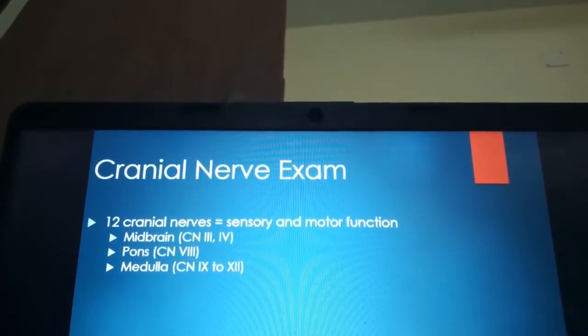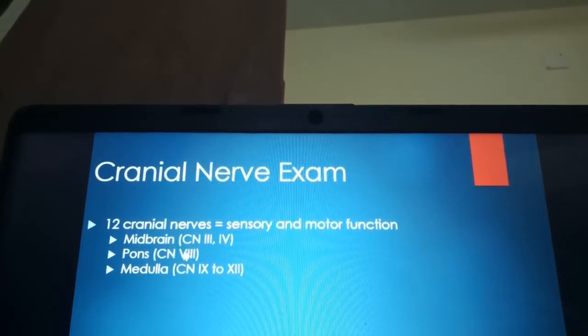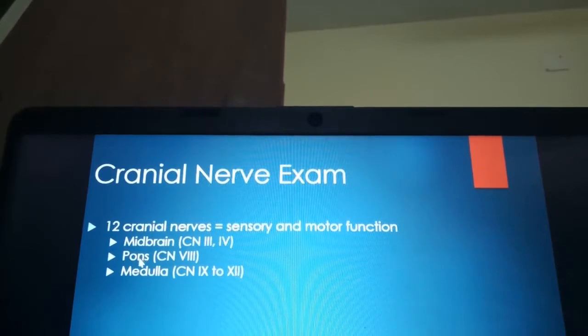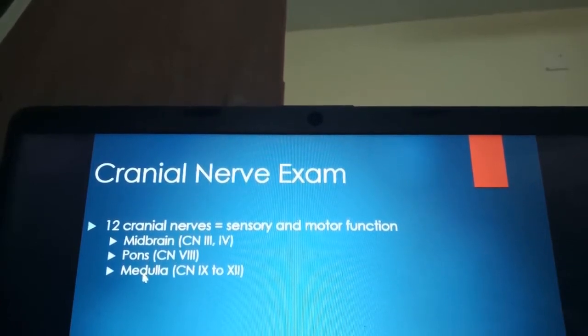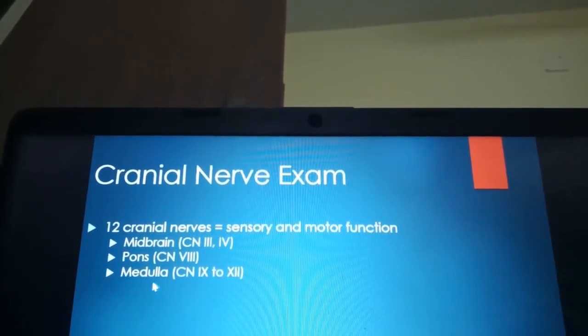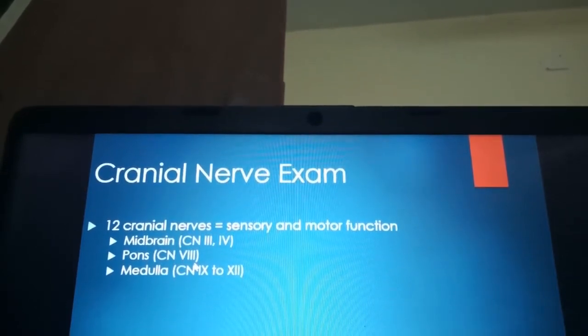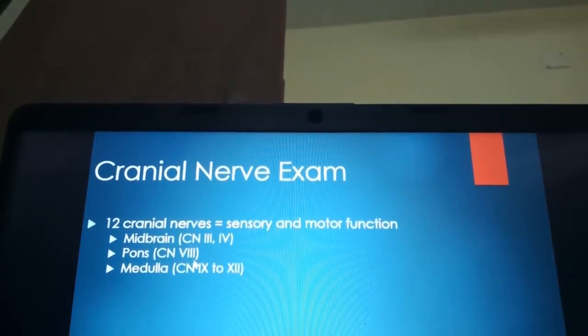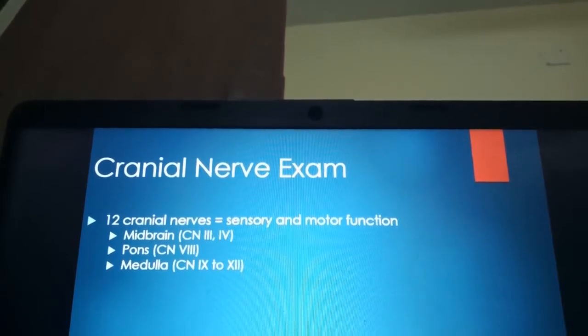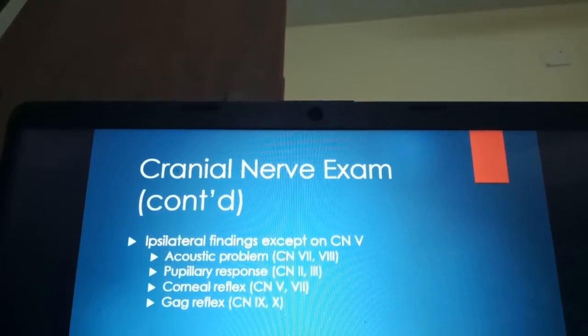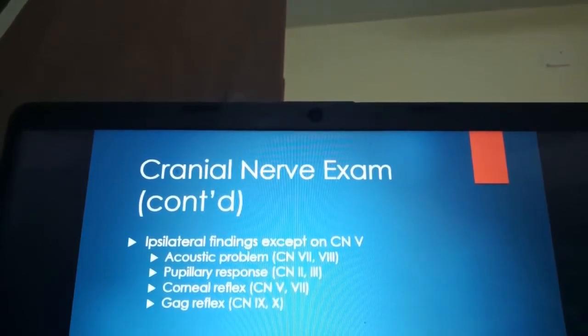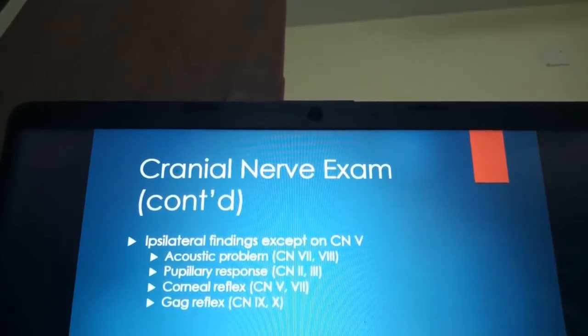Okay. Then we saw that there are 12 pairs of cranial nerves. So cranial nerves start from various parts. Cranial nerve 3 and 4 start from the midbrain, 8 starts from the pons, and 9 to 12 start from the medulla. So each of them have either only a sensory function or only motor function or both sensory and motor functions. Okay, so each of them have specific functions, and I'm not going to do the cranial nerve examination today in this chapter,